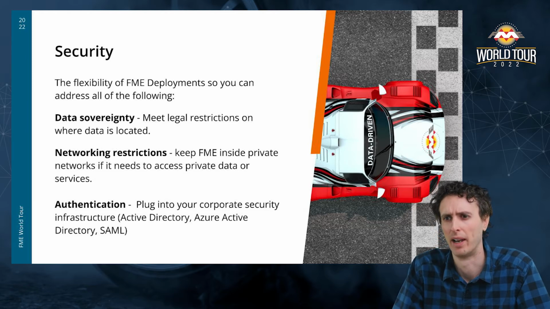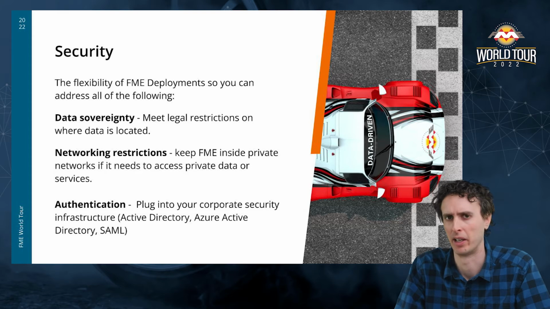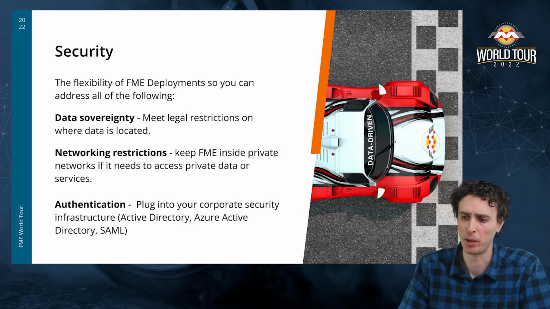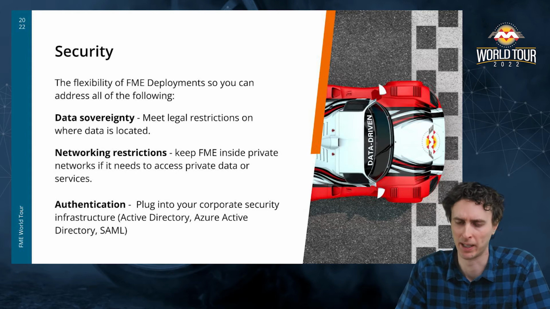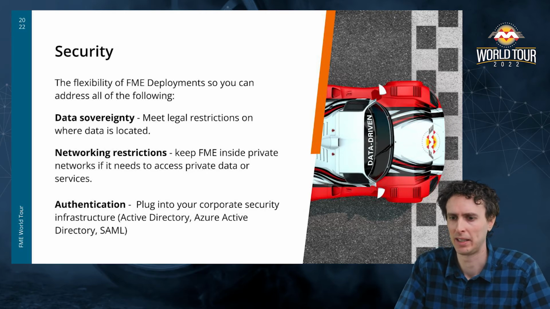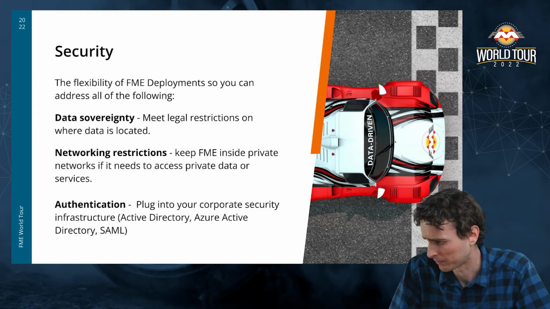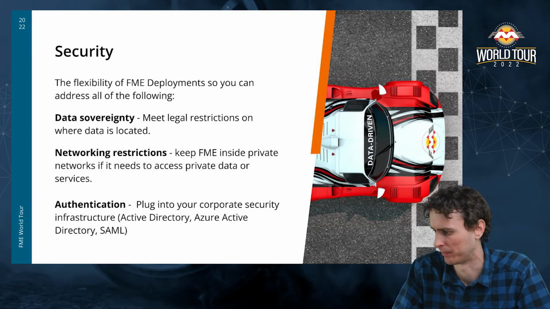The next is kind of related, and that's network restrictions. So, where does that data reside? Let's imagine it's in a database on premises. Well, if you can't punch a hole in the firewall and open that network up, to the public internet or to another network somewhere else, FME is going to be tied to being deployed in that same network. So you really need to understand the security constraints of the network that your data resides in, because that's going to heavily influence where you can deploy that FME server.